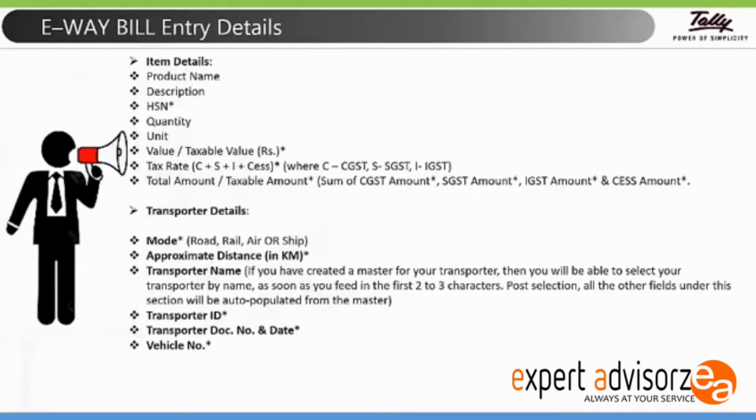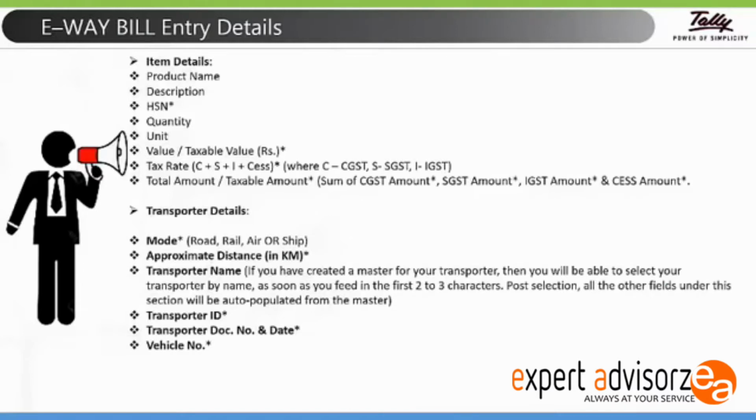Transporter ID, so this is very important. A transporter may not be GSTN compliant or a taxpayer. However, he is doing the business of transporting goods. Now, if it is worth more than 50,000 per consignment, he is required to register under the e-way bill portal as enrollment as a transporter. He would be allotted an ID, the transporter ID, which is of 15 digits, similar to the GSTN or the respective state code.